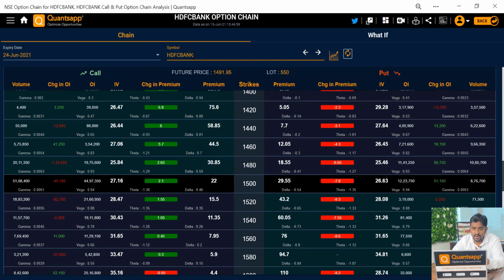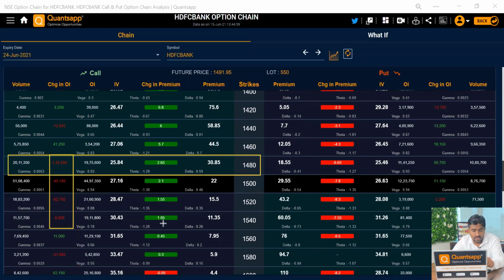Now there is one more observation. If you check here, you will see there are a lot of negative values. That is the change. That means the open interest has decreased on this particular call option by 1 lakh shares. Why might this happen? Because the stock might have moved above this strike price. If someone is selling this strike price thinking the market should stay below this, and the market moves up, they will be in a loss. So they book the loss and exit from the position. That's why it is showing negative OI here.